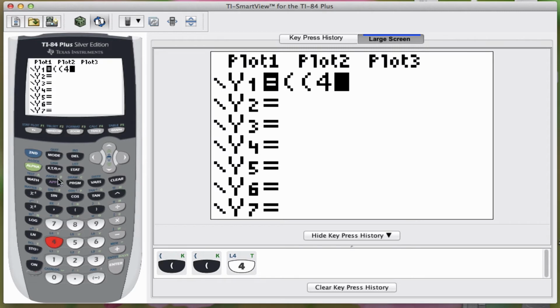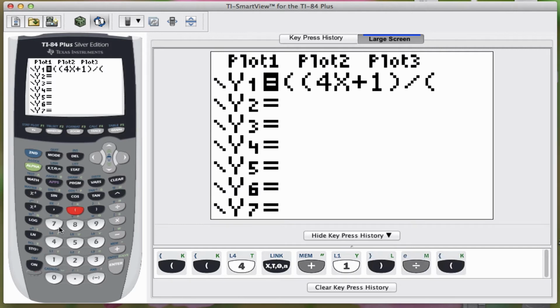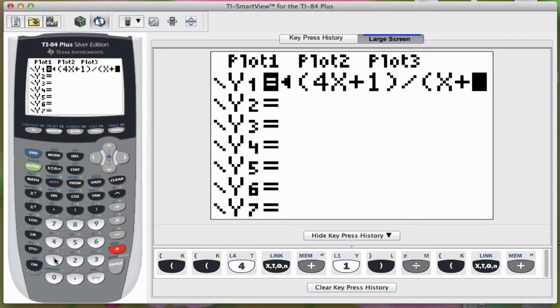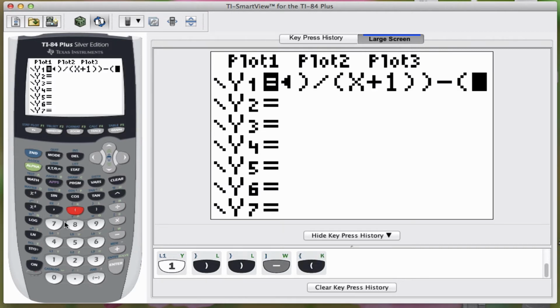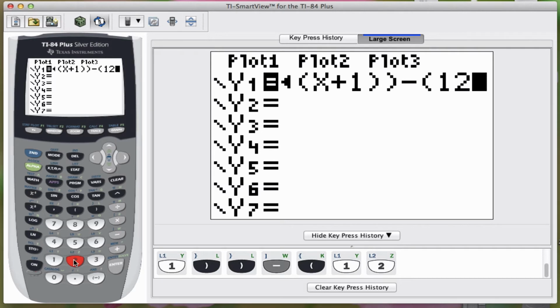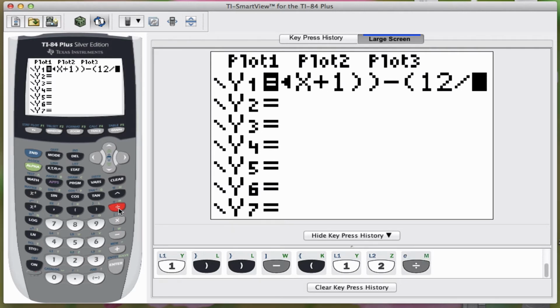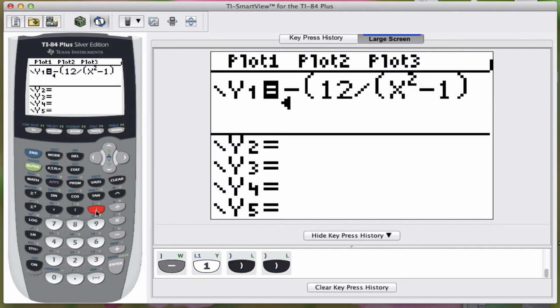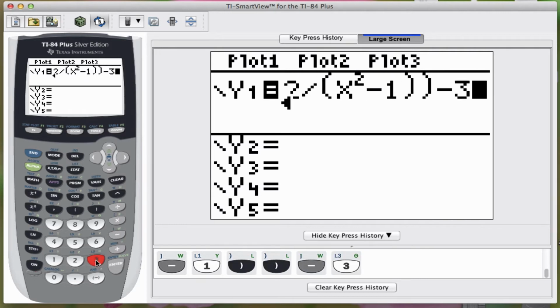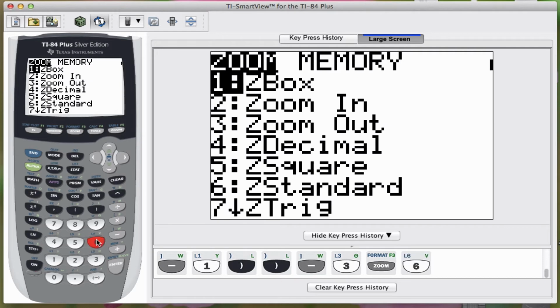So my first fraction is going to be the quantity of 4x plus 1 divided by the quantity of x plus 1. Okay, double close my parenthesis because that ended that fraction, minus the quantity 12, and I don't need to put parentheses around 12 because that's a monomial, divided by the quantity of x squared minus 1, double close my parentheses, minus 3. So if I press zoom 6 here,